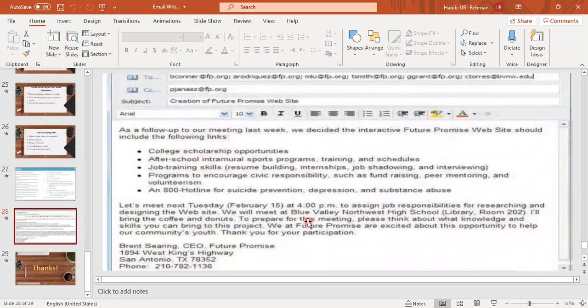All right. So here is an example of email writing. If you look at CC, you know that CC means carbon copy. If you want to send a copy of your email to a person or your boss, you just CC. So when that email is received by these people, it will also be sent to the person whom you have CC'd. Okay.